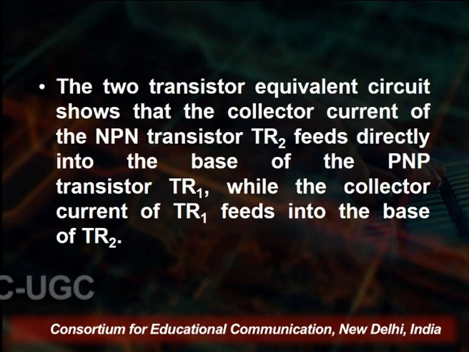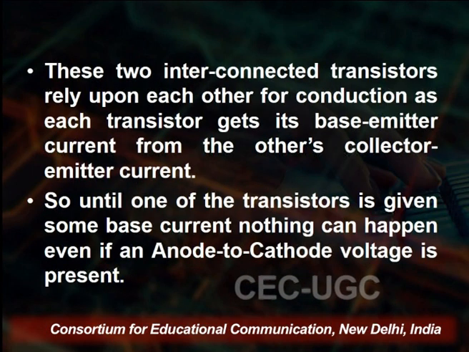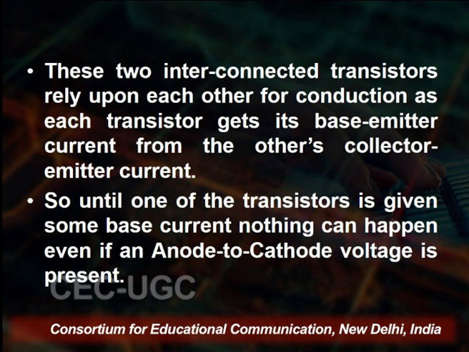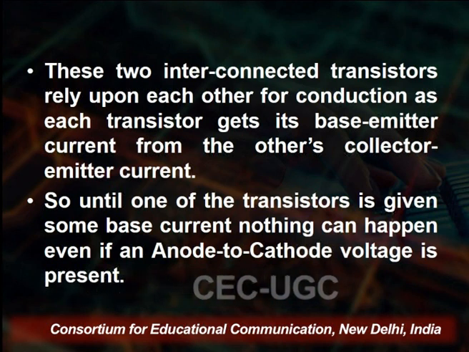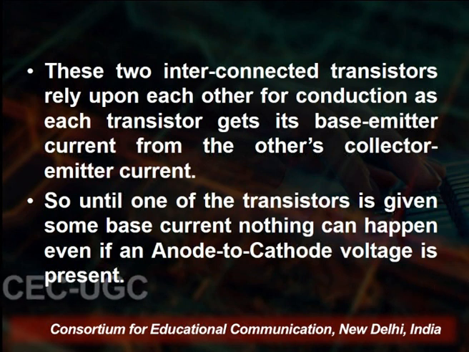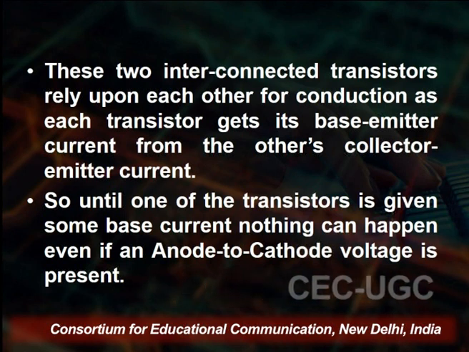TR1 is attached to the base of TR2. So in this manner we can connect these two transistors and we form the thyristor. These two interconnected transistors rely upon each other for conduction, as each transistor gets its base emitter current from the other's collector emitter current. So until one of the transistors is given some base current, nothing can happen